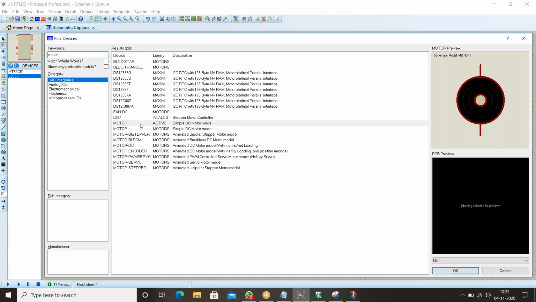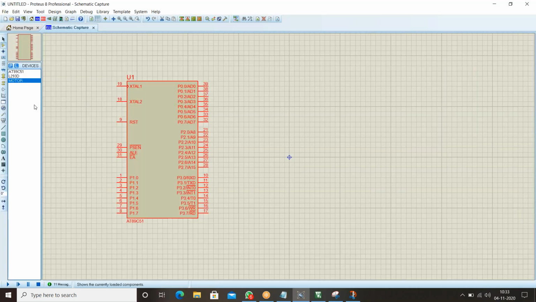You'll get the motor library, which is active, with the description simple DC model. Double click on this. These are the components required for this task. I'm going to use port 2 because port 2 is more comfortable for me.